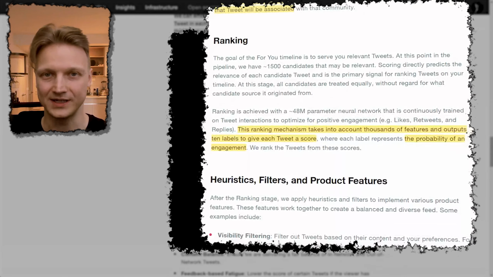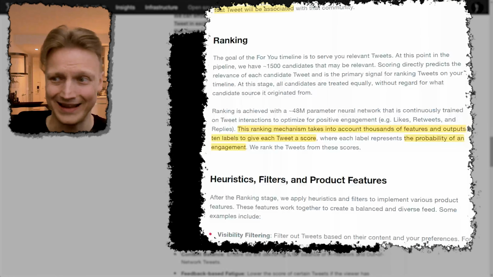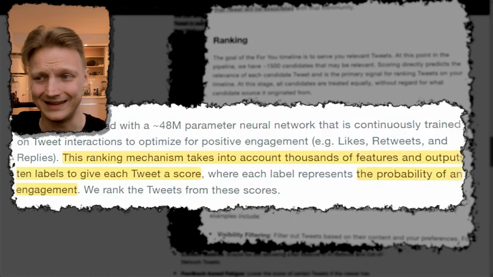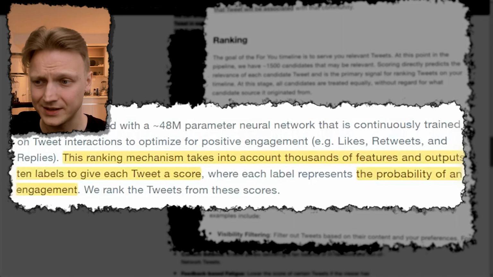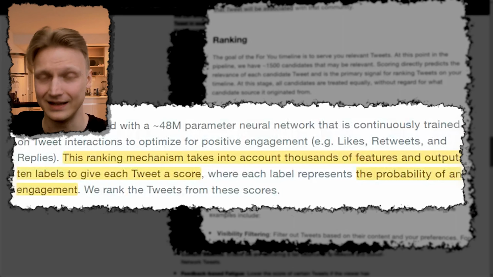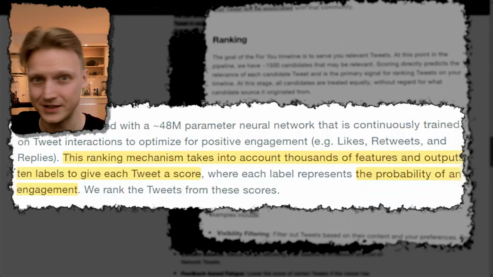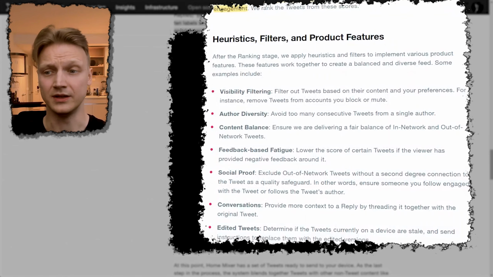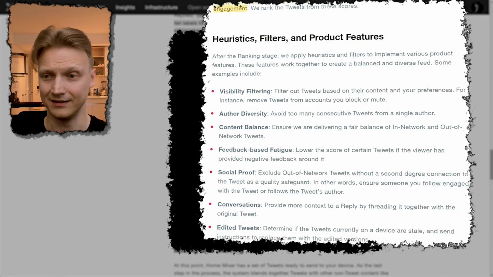But the candidate sources by themselves aren't going to give you the feed. You gotta sort them out first and put them in proper order. And for that, they're using this ranking system based on a neural network that gets continuously trained on your data, on activities from all the users on the platform, and it gets optimized for positive engagement that gets translated to the time you spend on the app, essentially. That is why social media recommendation systems, or in other words, feeds, are so addictive. They wouldn't be doing good if they didn't do this. That's beyond any neural network or statistical method.